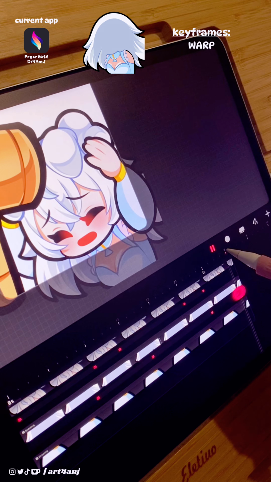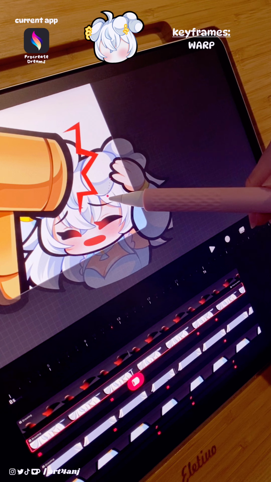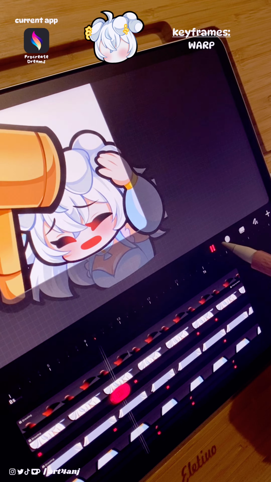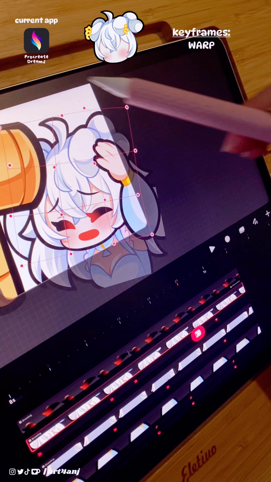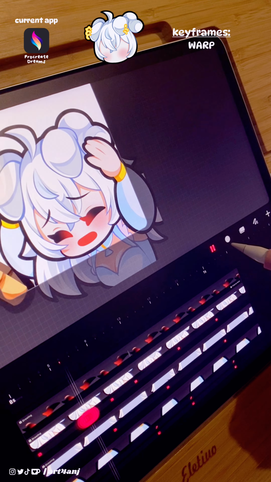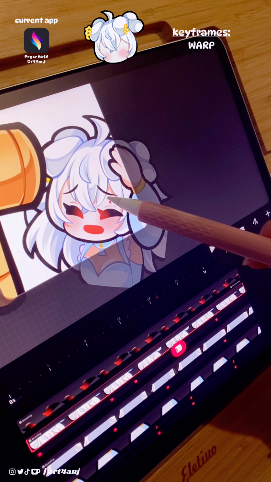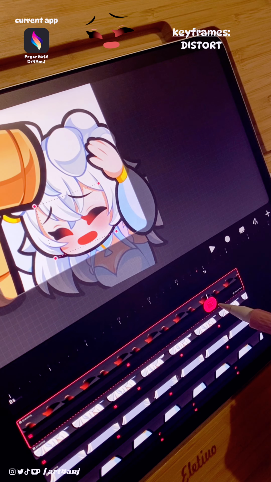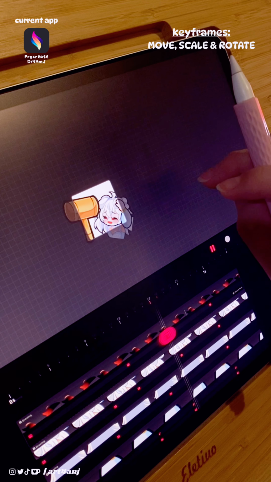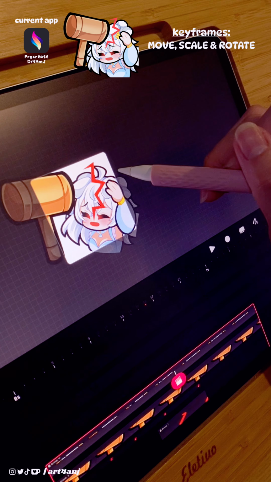Now that I've added keyframe to the back part of the hair and body, I'm already circling around the other elements and adding just a bit more movement to them, just so that they're a bit more dynamic and just trying to make the movement cute in a sense. And bouncy when it comes to the impact of the bonk. I rarely use the distort keyframing for character animation, but for some reason it just works here since the facial expression is pretty simple and minimal. So yeah, that will work.